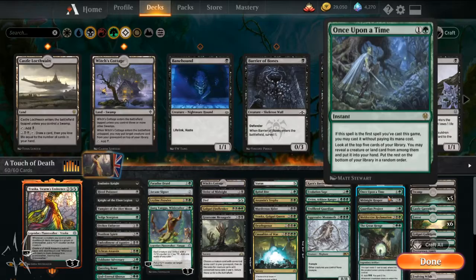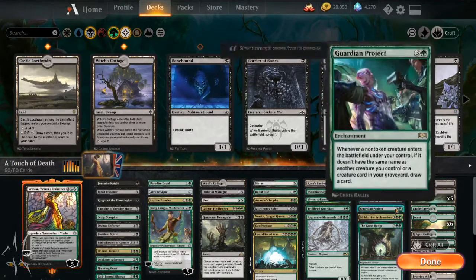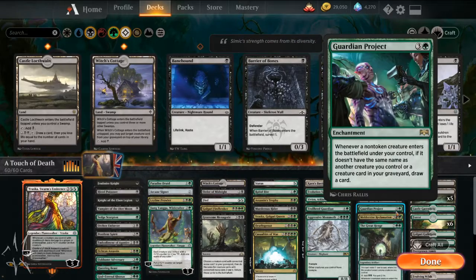Midnight Reaper: creatures die, draw cards, decent body, one of the few creatures that doesn't have Death Touch, but is a cheap enough effect to come down, and with the creature recursion can get back quite easily. Guardian Project really should just be an auto-include if you're playing green in a commander, or well, in any singleton format,